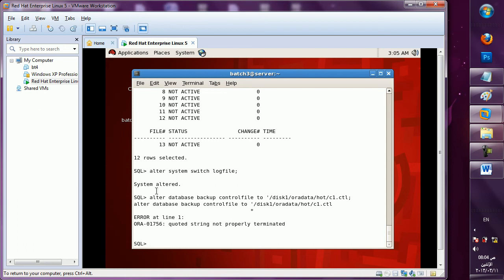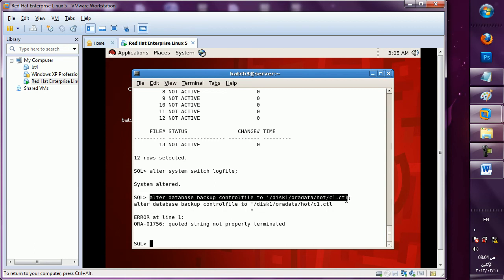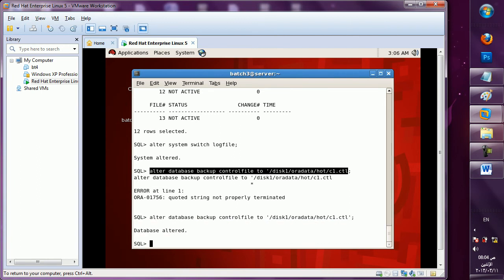Single quotes here. Yeah, database altered means your copy has been done. Clear?